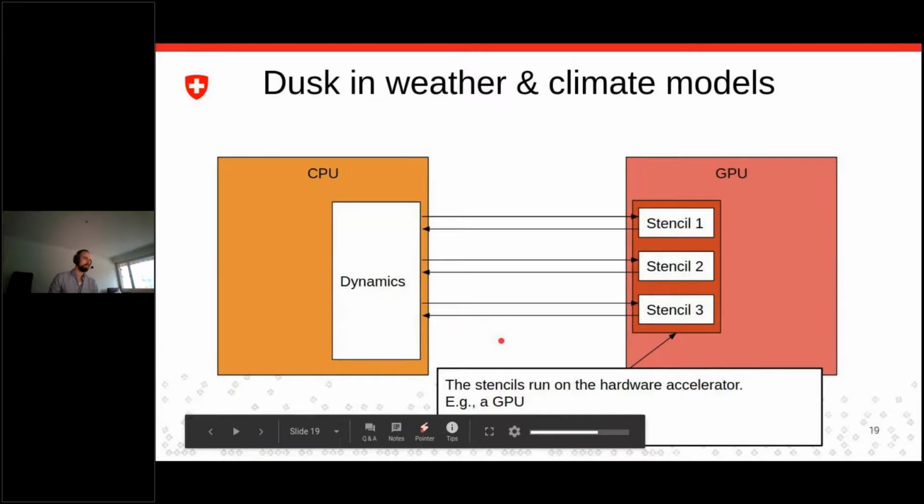So we want the stencils to run on the hardware accelerator, right? In our case, that would be a GPU. And there's still code running on the CPU, right? We can't run just the whole model on the GPU just like that. That would of course be nice, but GPUs are not that suitable to just run the whole code base on them. So this code,